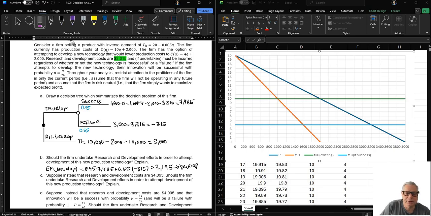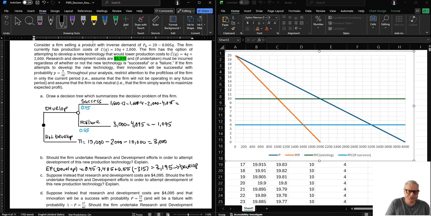So now we can basically just replace these numbers here. So here we have 4,095, and here we have 4,095. So here it is easy, we get right away a loss of 1,095, and